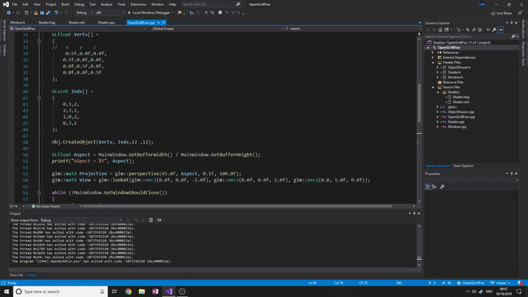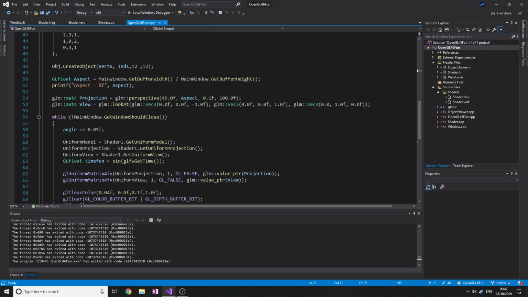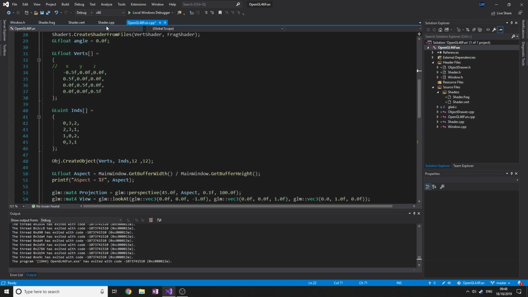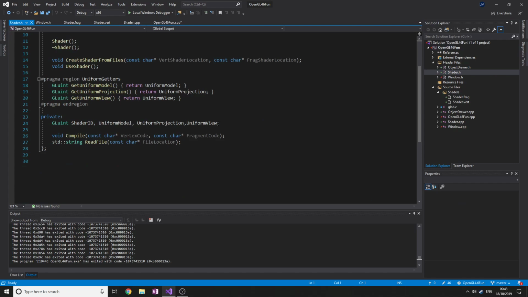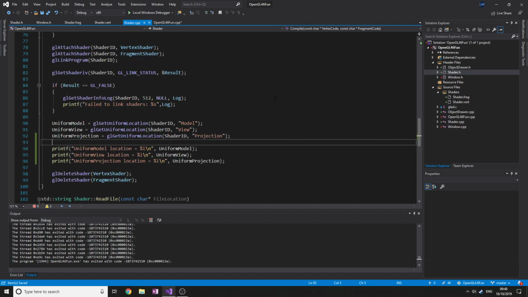Let's hope. So let's make another uniform value, and you can see how annoying it is. Uniform space silly. That's what I'm going to call it. That's our new fun piece. So inside the shader.h, which I've closed because I'm an idiot, there it is, we want another uniform value called uniform space silly. I'm going to duplicate the get uniform view, change that to uniform space silly, return uniform space silly, and then in the shader.cpp we need to